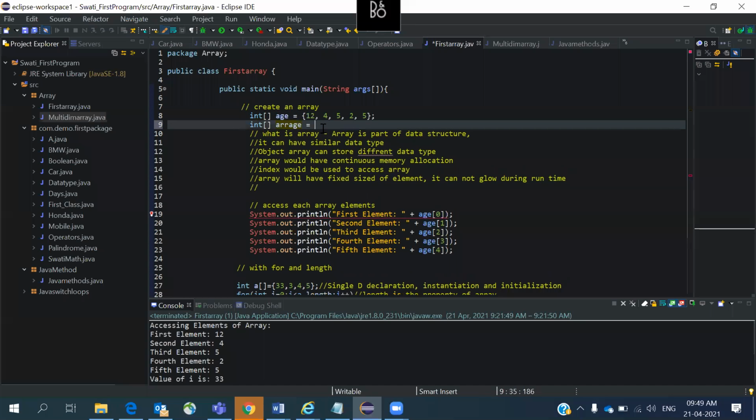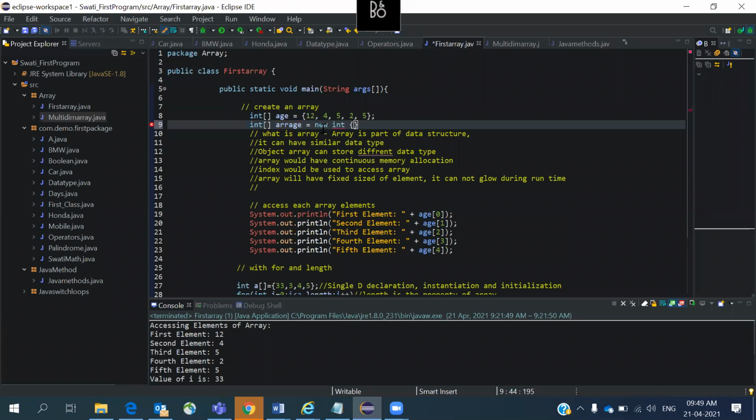Okay, now what you can do is new. You are creating an object reference for an array. Now int, and in that int you will have the square braces.